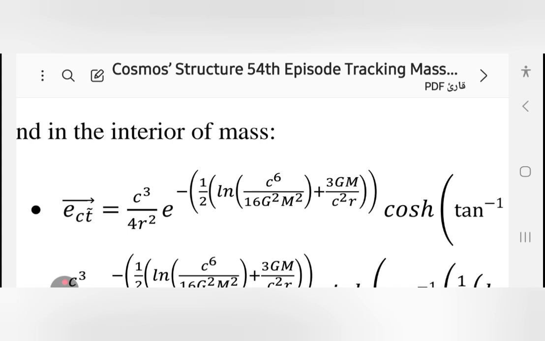كعنصر يتفاعل مع الفضاء الخارجي، نجد أن متجه الوحدة للزمان هذا يتناسب مع c³/(4R²) ناقص أسي، أو e أس ناقص نصف اللوغاريتم الطبيعي لـ 3GM على c²R زائد 3GM على c²R. هذا يعبر عن الجرافيتي. بالمناسبة هذه المعادلة تعبر عن الجرافيتي مباشرة. انظر إلى الدالة الأسية نجد أنها بالناقص. إذا عوضنا الكتلة M كابيتال بزيرو وR بواحد، هذه المعادلة تعطينا